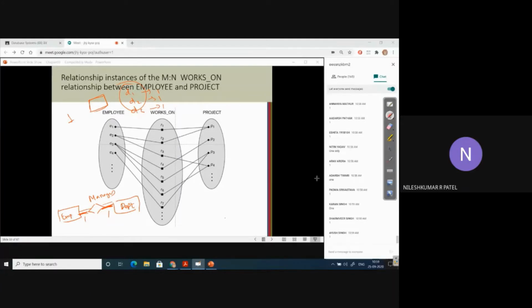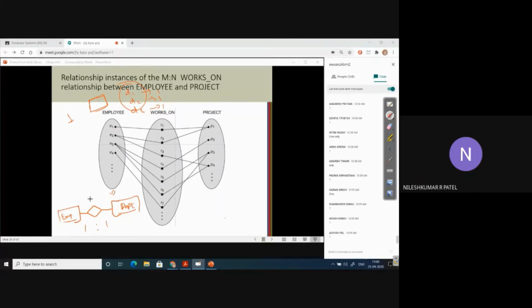But in this case, if we talk about participation, how will it be? Let's talk about both of these things, that is cardinality and participation, so you will clearly understand what exactly cardinality ratio is and what exactly participation is. The cardinality ratio in this case is 1:1. From the employee side it is 1, and from the department side it is 1. But now let's talk about participation.